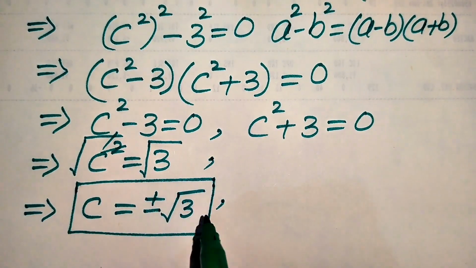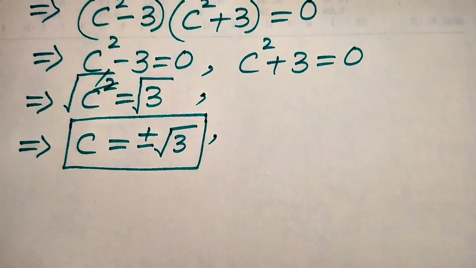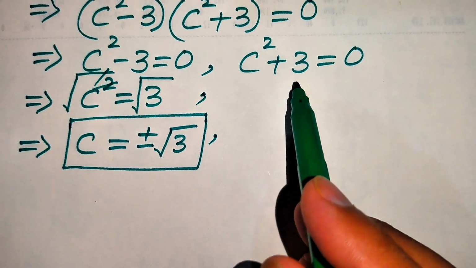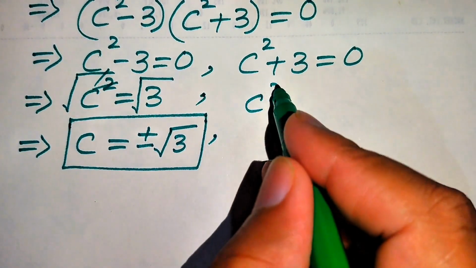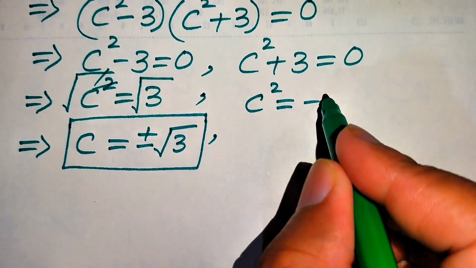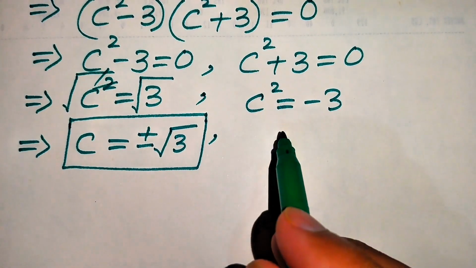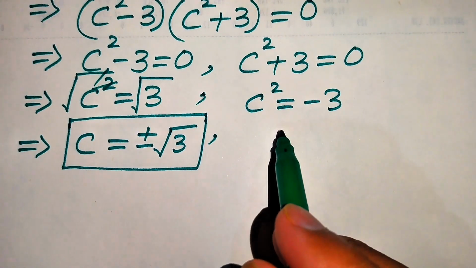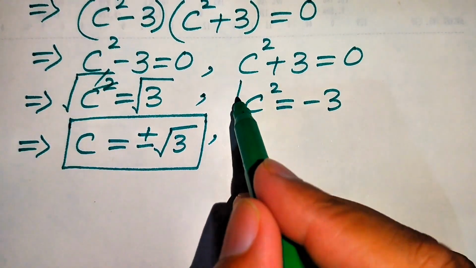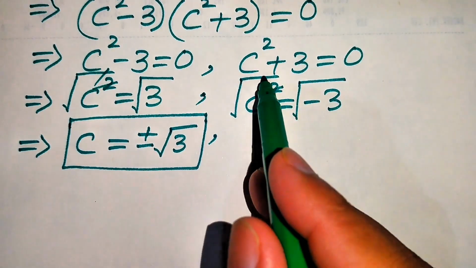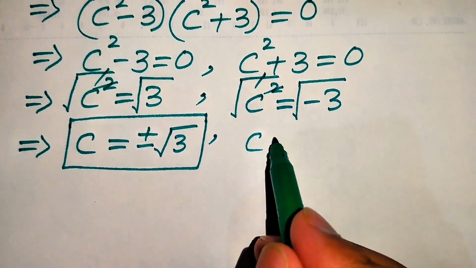And now we need to find the other two roots. For the other two roots we need to focus on this equation, and from here we move this plus 3 to the right hand side and we get c square equals minus 3. And from here in order to find the values of c we again take the square root on both of the sides, and this 2 and this square root are gone and we get c equals